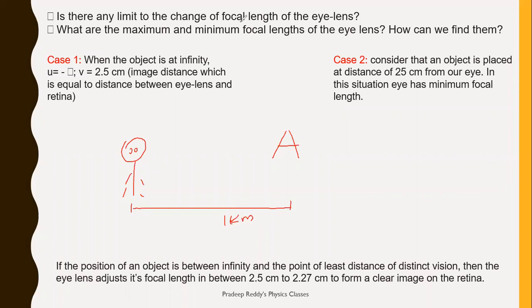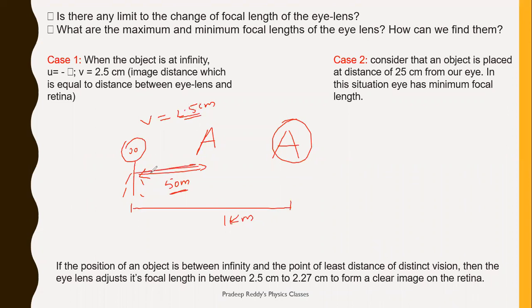As the ciliary muscle can adjust the focal length, if you are placing an object at a distance of 1 kilometer, it cannot adjust the focal length such that the image is formed on the retina, which is at a distance of 2.5 centimeter. So if you place an object at 1 kilometer, can you watch it? Definitely not. So it should be at a finite distance. Like if this object is at, say, 100 meter or nearly 50 meter, then our ciliary muscle can adjust our focal length such that the image is formed on the retina, which is at 2.5.